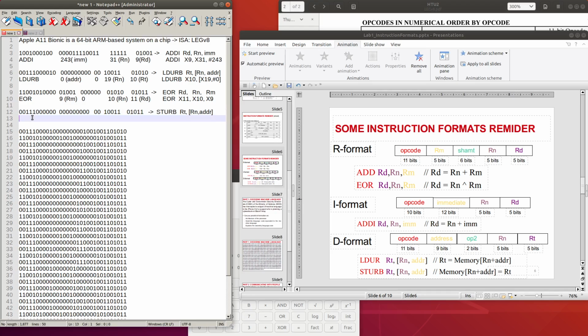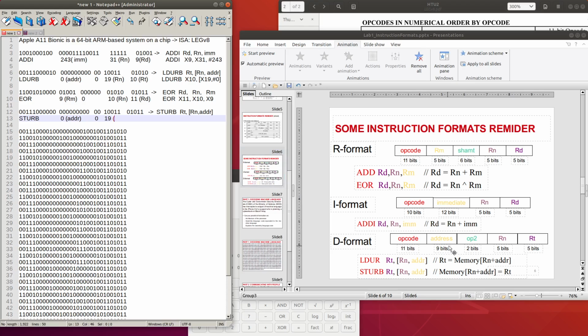This is the opcode for STURB, and then the address here we can see it is number 0, and then this 2 bits we don't care about it, and this value in decimal, yeah, here you can see it here, so it is 19 in hexadecimal, and it should be here.